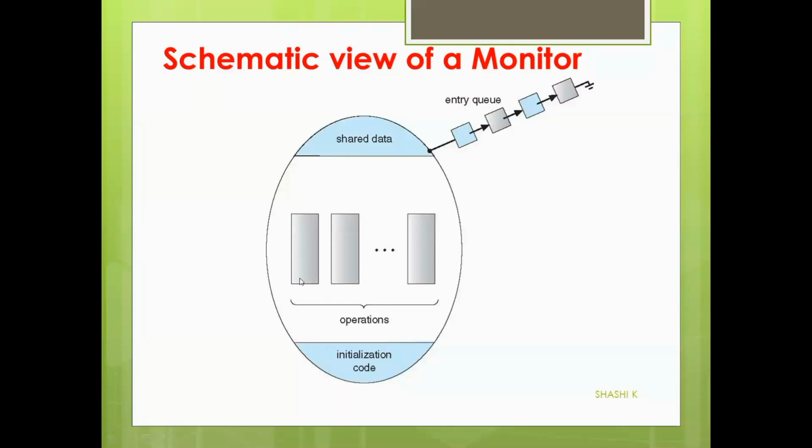Note one important point which you have to keep in mind: if you have two processes P and Q, you may have two shared data called X and Y. Process P may be waiting for shared data X and process Q may be waiting for another shared data Y. Conceptually they need not be disallowed from entering the monitor, but according to the concept of a monitor, only one process can be inside the monitor. So even though P and Q are operating on two different shared data, both cannot be inside the monitor at the same time.